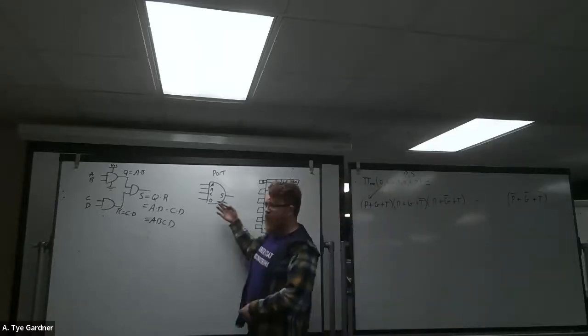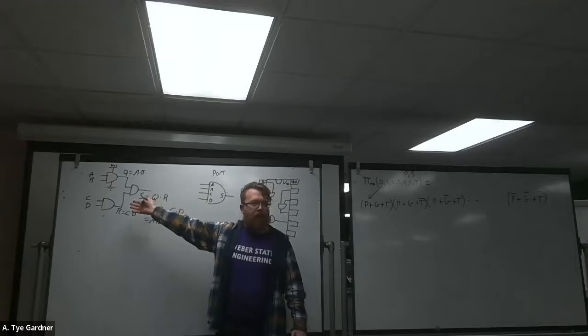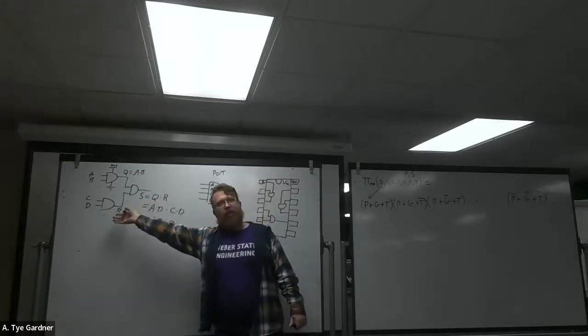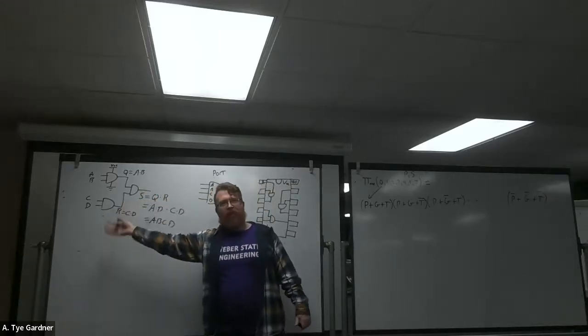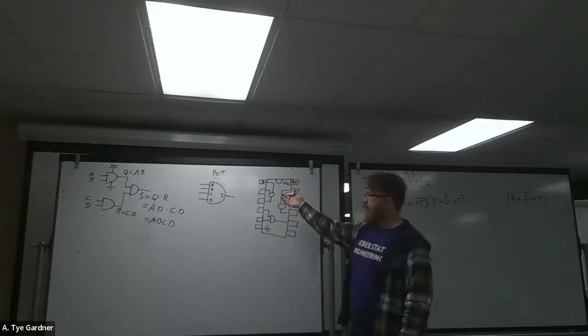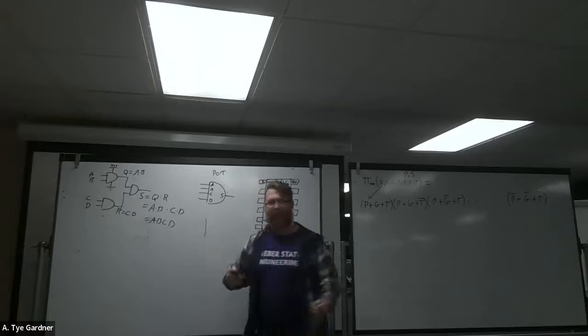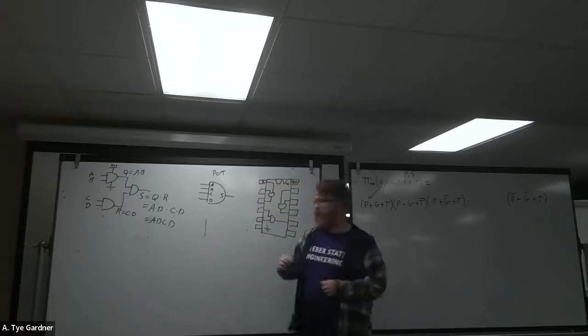Because this block building is really important because I don't want to draw that every time I have a 4 input AND gate. Just like I don't want to draw the circuit representation of how we build an AND gate. I want to abstract it, but I need you to understand what's happening. So if I take another one and I want to build an 8-input AND gate, then what I do